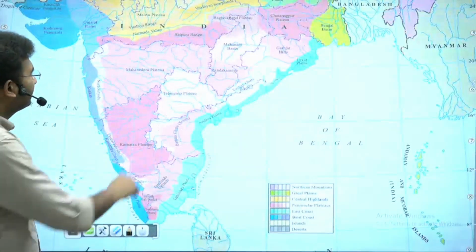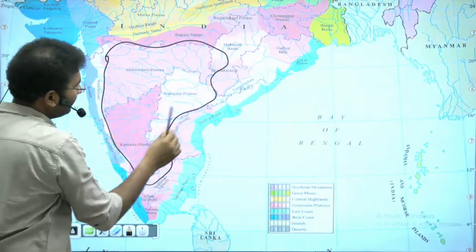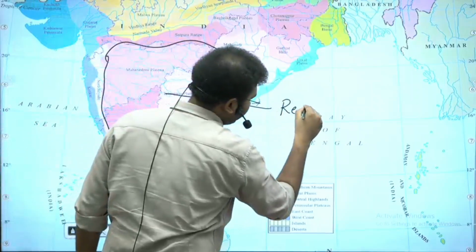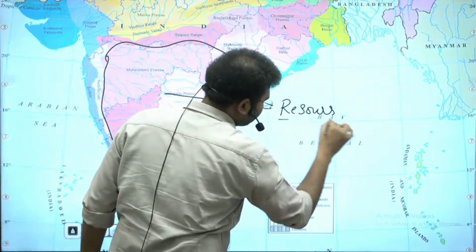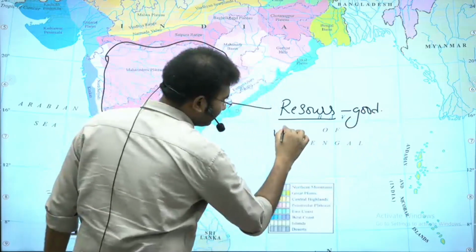This part of the region, usually the problem with this region is resources good. Okay? But utilization of the resources